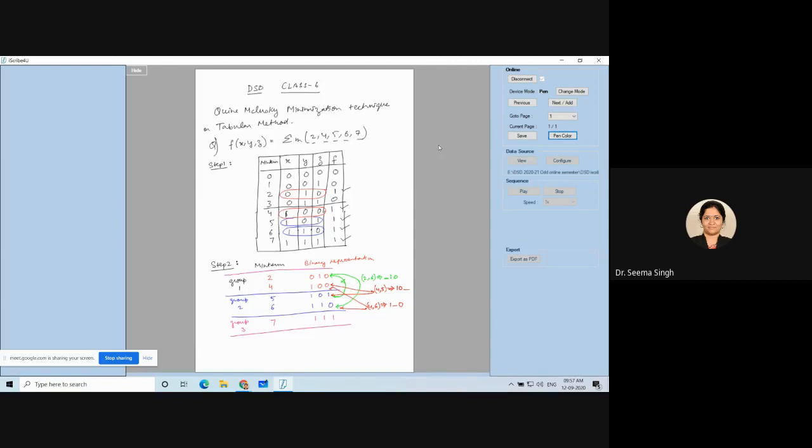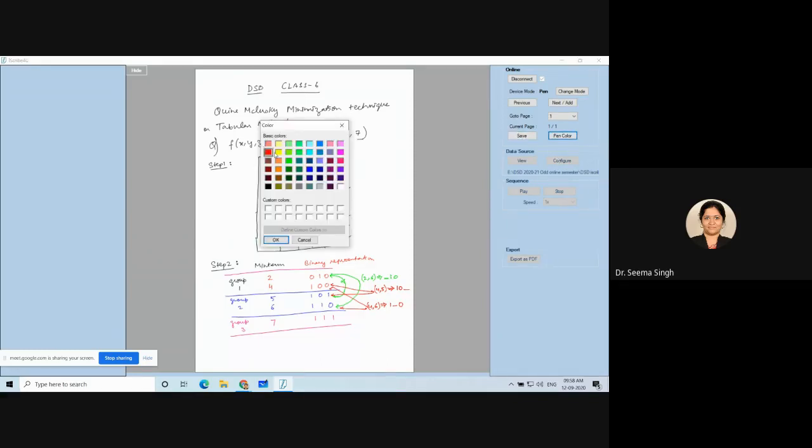Now we have to do the same work with group 2 and group 3 also. I hope you have understood what I am doing. Between group 2 and group 3, pairing will be checked between 5 and 7 and then 6 and 7. Do you think pairing is possible between 5 and 7 and 6 and 7? Yes, both are possible. So I will show both groupings now.